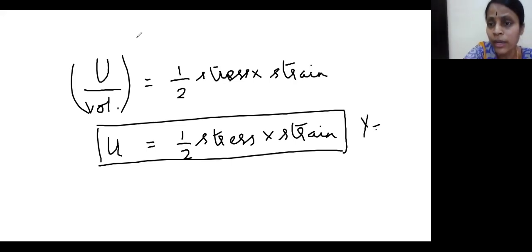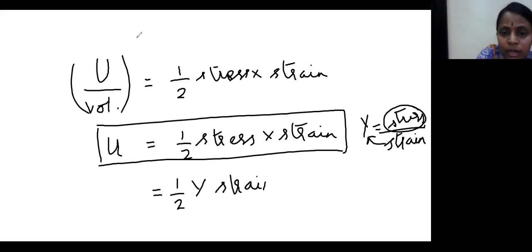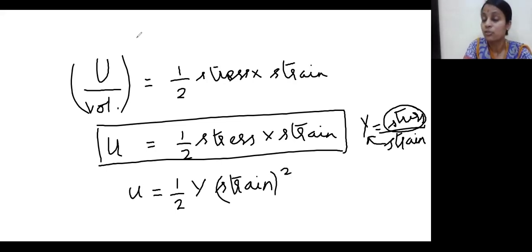what do I know? Young's modulus is equal to linear stress upon linear strain. And here both are linear. So what can I write stress as? Can I write stress as Y into strain, children? So what happens here now? It becomes half Y into what square here? Strain square. This is another relationship for your elastic energy density. So this is the relationship for elastic energy density, where what is elastic energy density, children? It is nothing but the potential energy per unit volume of the solid.